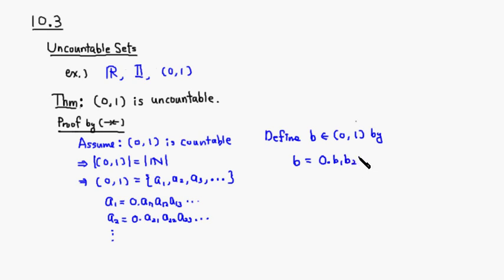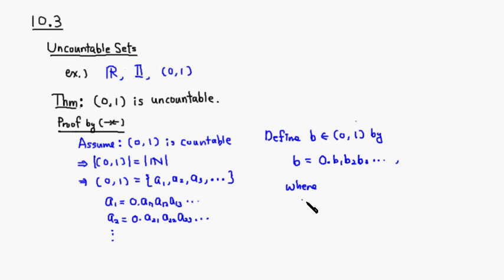We define each digit this way: we want to make sure that b1 is different from the first digit of a1, b2 is different from the second digit of a2, and b3 is different from the third digit of a3,